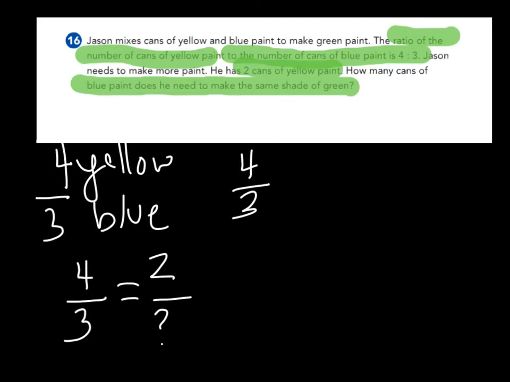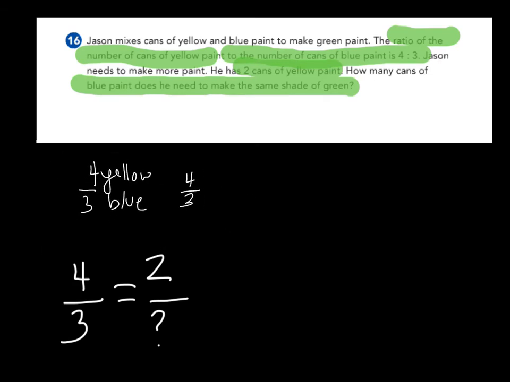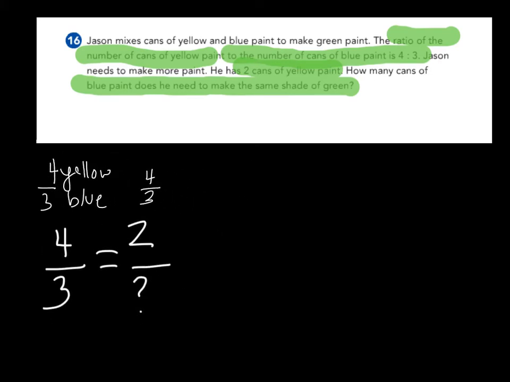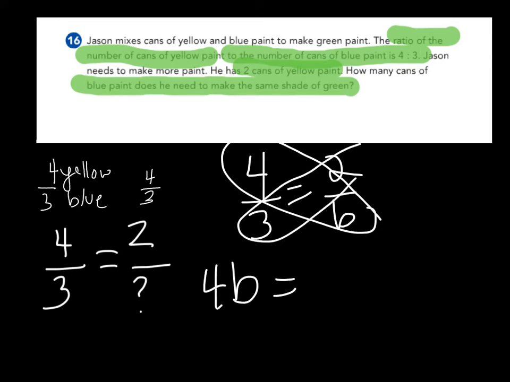So let's move these over a little bit. What I do to make things a little bit easier is I use, instead of a question mark, a variable. In this case I might use B for blue. So I have 4/3 is equal to 2 to B. Now one strategy I can use to solve this is I can cross multiply. So if I cross multiply, I do 4 times B, which is 4B, is equal to 3 times 2, which